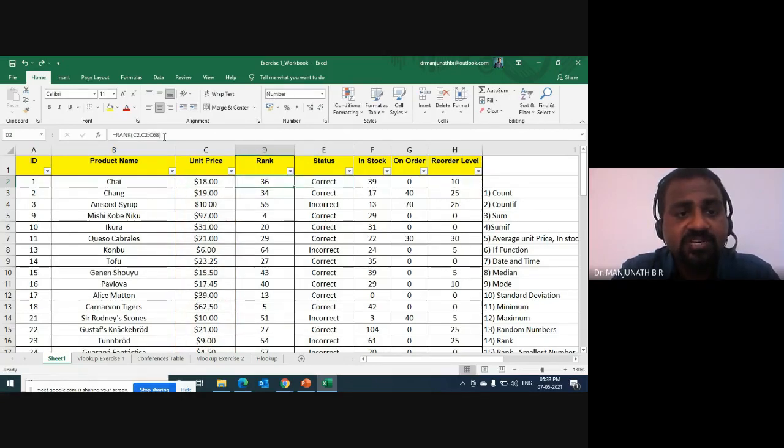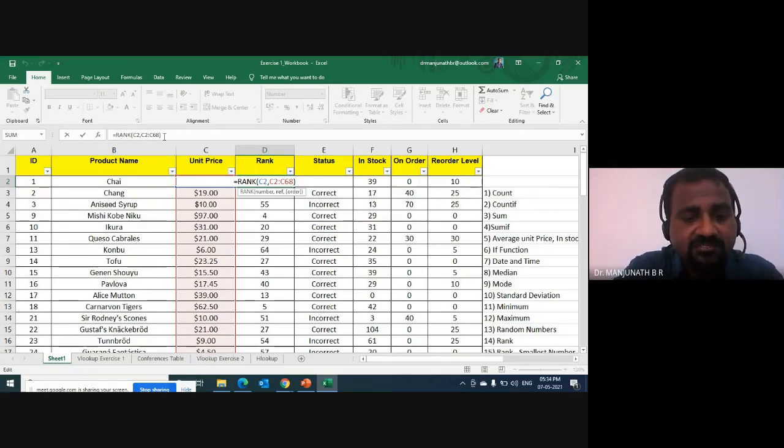Now, if you don't remember F4, see here, after pressing F2 to edit the formula, I'm using my left arrow key. Between C and 68, I can use Shift 4. You can see the dollar sign. And for C, I can press Shift 4. There is a dollar sign. For C2, I can use Shift 4, dollar sign.